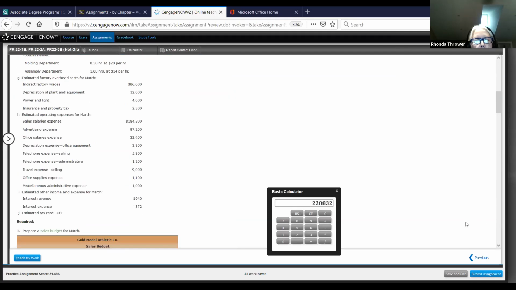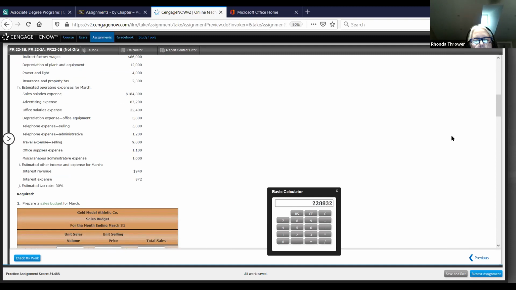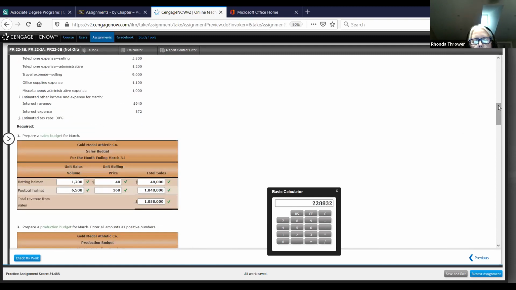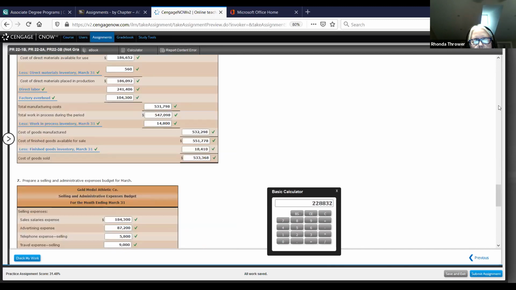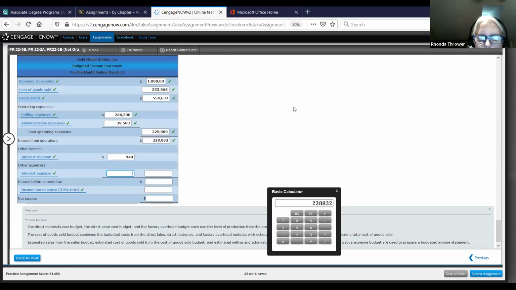The interest expense is $872. Now you're going to combine these two to get a net amount. Since my revenue was more than my expense, this amount is going to be a positive amount. So 940 minus 872 leaves you with a net amount for our other items